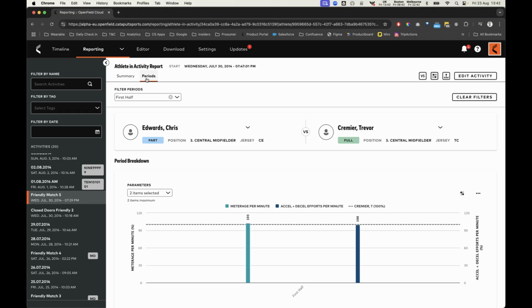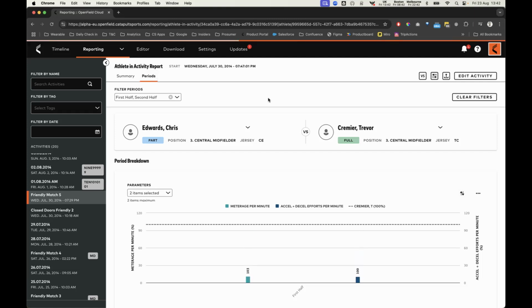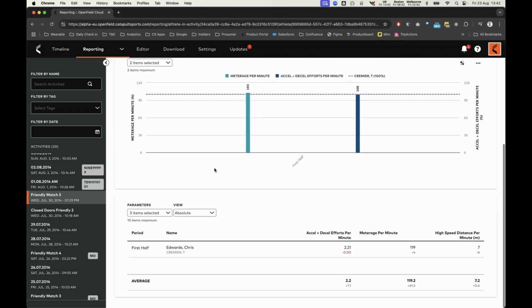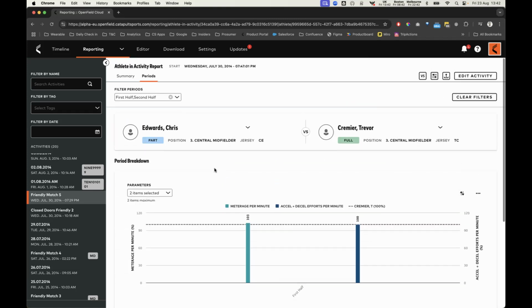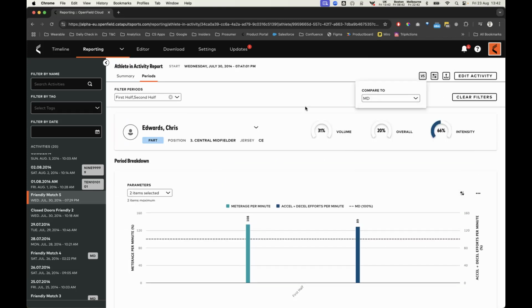Within the periods report, you can see how they outputted across all of the periods that you have selected. In this case, we only have one period where both athletes were involved. But if I was going to go and turn this back to a match day comparison,